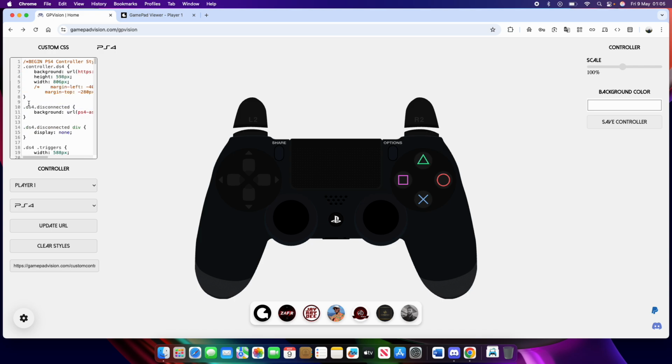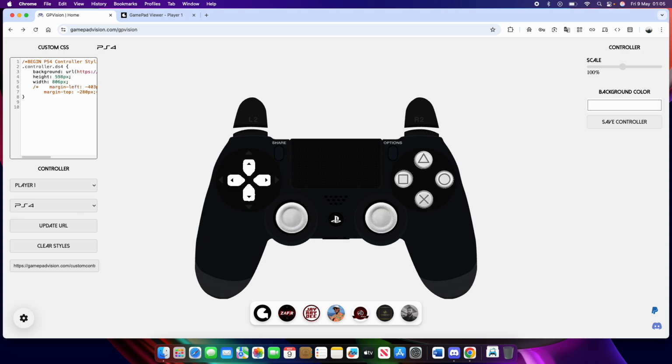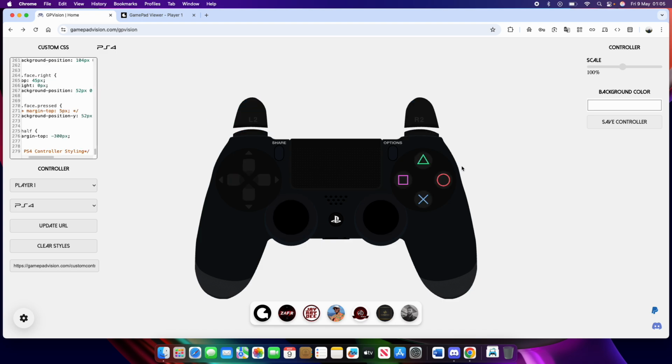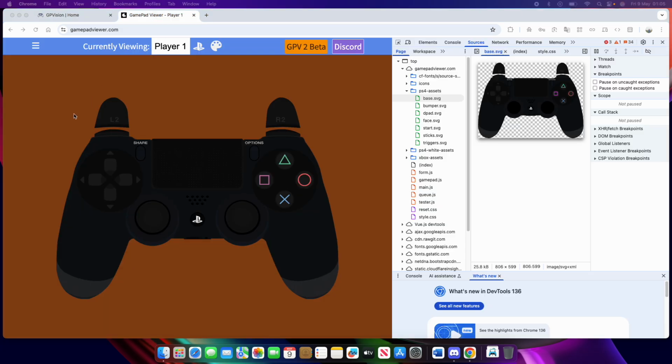Just as an example, you're also able to change a few things. For example, if I just want to change the base but keep everything else, and obviously it looks a bit ass, but you can just do that as well. Now then, what's next is